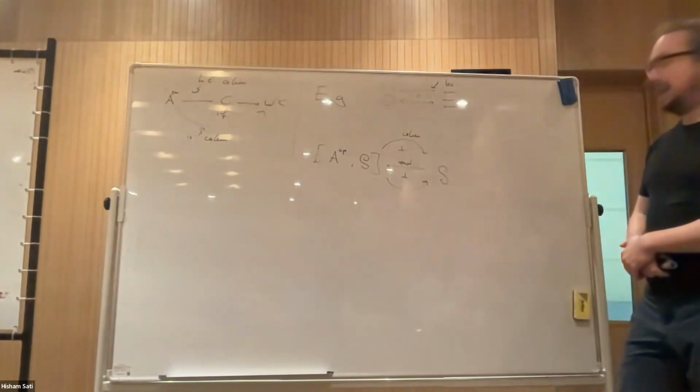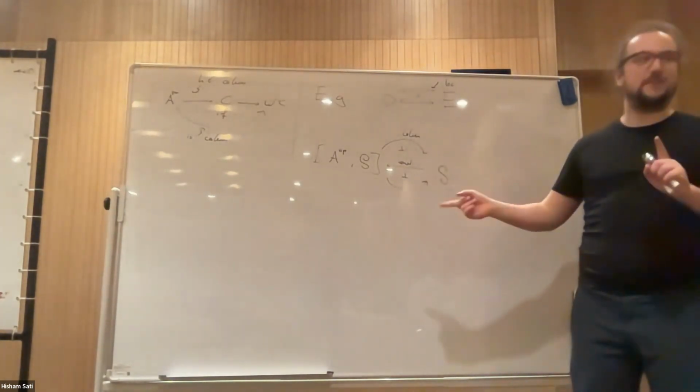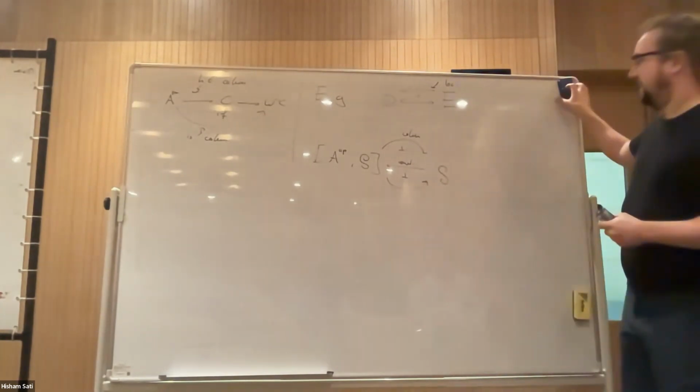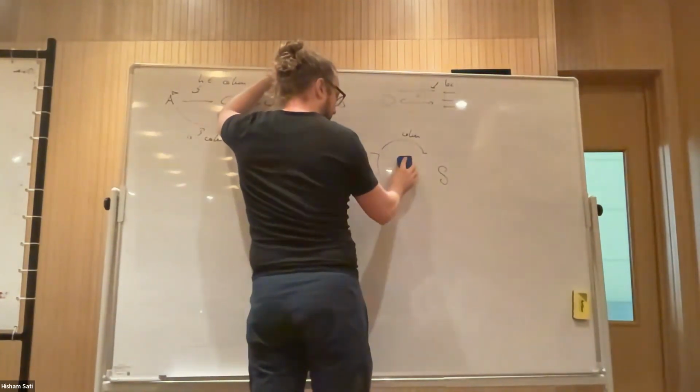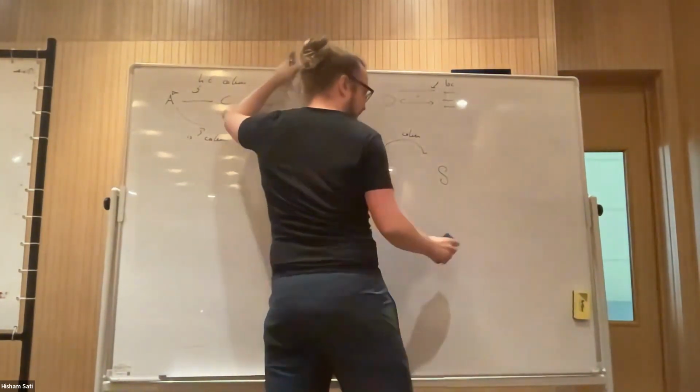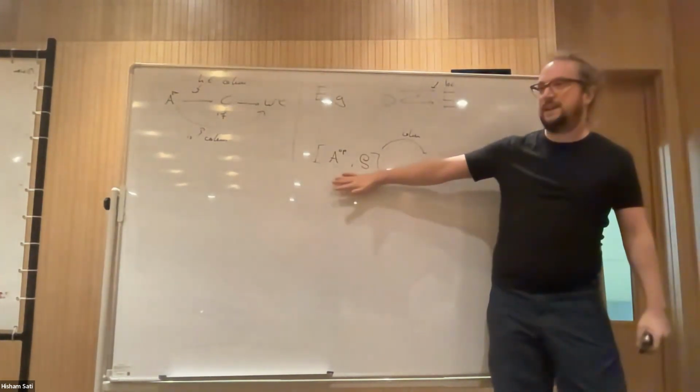And I'm immediately going to erase these two functors, but you have to remember them because they'll come back to haunt us in a bit. So I'll erase these. Now, whenever you have any functor and you have an object in the domain, if you slice